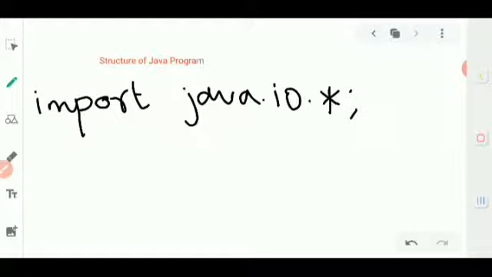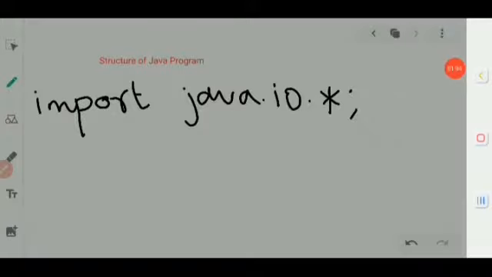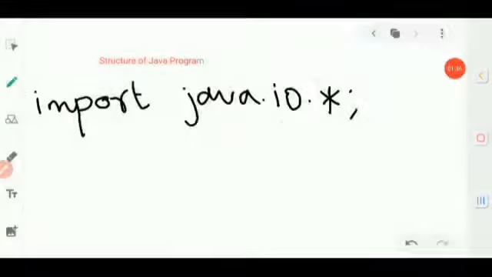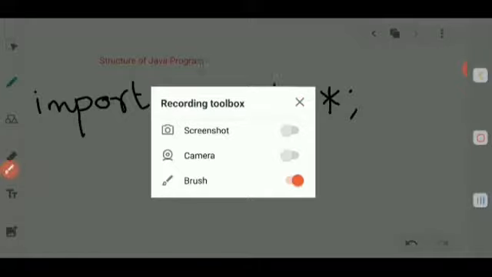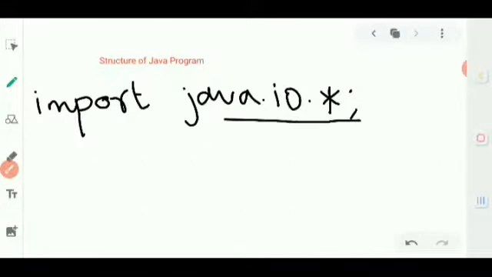In the same way in Java, when you specify import java.io.asterisk, whatever input output statement you type will be recognized. So your first line will be import java.io.asterisk.